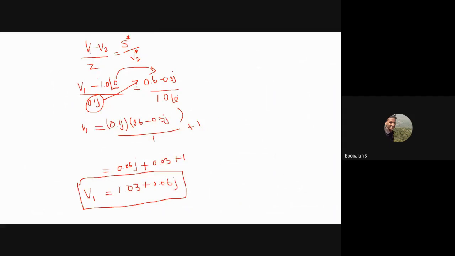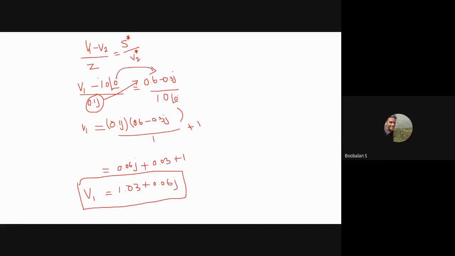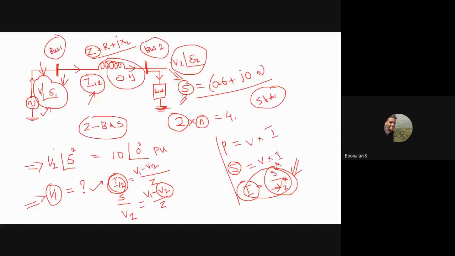If the equation is somewhat difficult, for example, we have these two assumptions. In the first assumption, we assumed v2 at an angle of 1.00 degree, for example. In the second case, v2 is given and we calculated v1. Now we assume v1 is given and we are asked to calculate v2, it will be somewhat difficult. We'll just see.